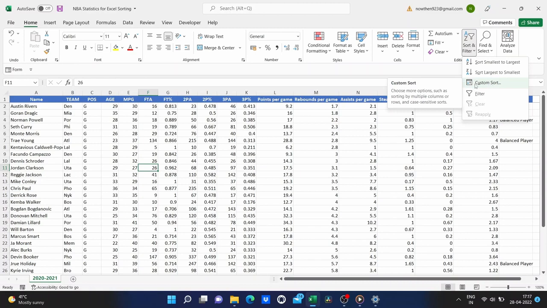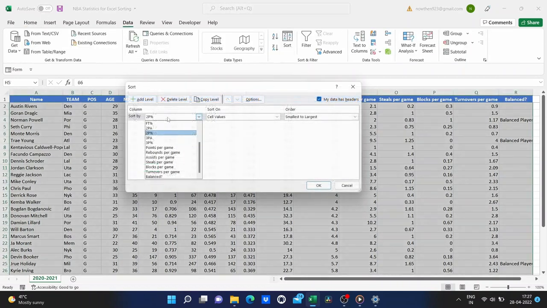Now another way to get to the same place is, instead of going to the Home tab, you can go to the Data tab, and just click Sort. So this sort is the same thing as a custom sort, and here's the same A to Z button, Z to A button. When you go to the Data tab, the buttons are bigger. You don't have to worry about filter. Filters over here. So, in some cases, it's easier and faster just to go to the Data tab. But either way, just click on Sort or Custom Sort, and you'll get a pop-up that will help you set up your custom sort.